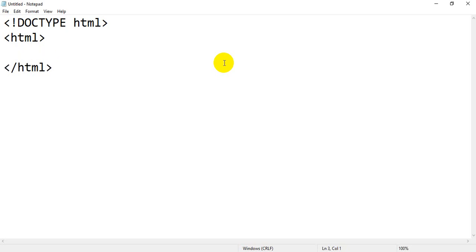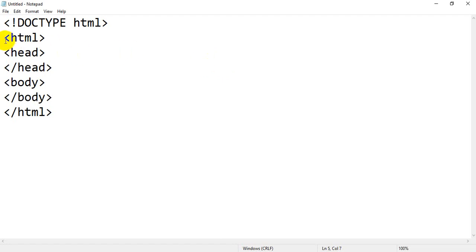Okay, between that we have a number of tags, like the opening head tag and the closing head tag. A number of times I have told you to please write the opening tag and closing tag at the same time. It will help you in your coding, and it is a standard way to write code, because then at the end you will not forget to close any tag. So it is a good convention to write opening and closing at the same time.